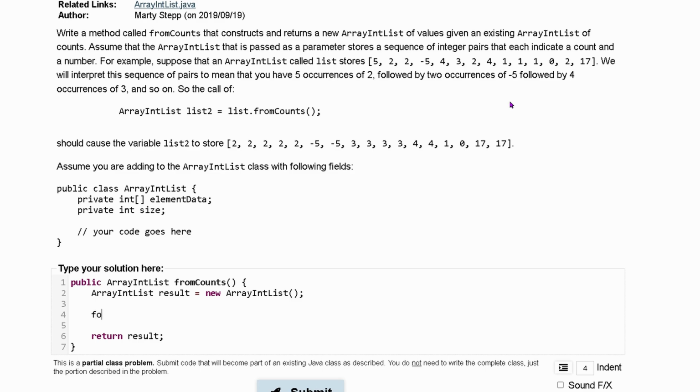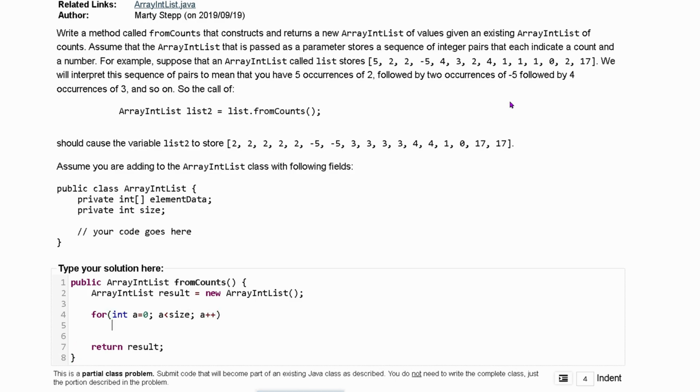So we're going to start this off with a for loop. For int a is equal to 0, a has to be less than our size, and we're going to do a++. So this is going to run through our entire list initially. For our inner for loop, I'm going to say we have b here, and b is going to be equal to 0 as well. Essentially what we want to do is find out this value, so we need to get the index and get this value, and we want to run our b for loop less than that,